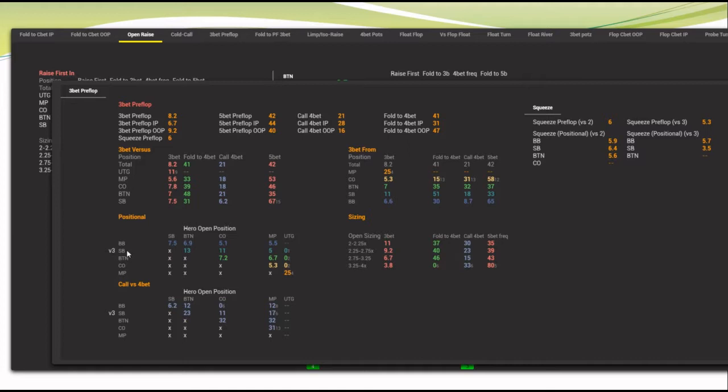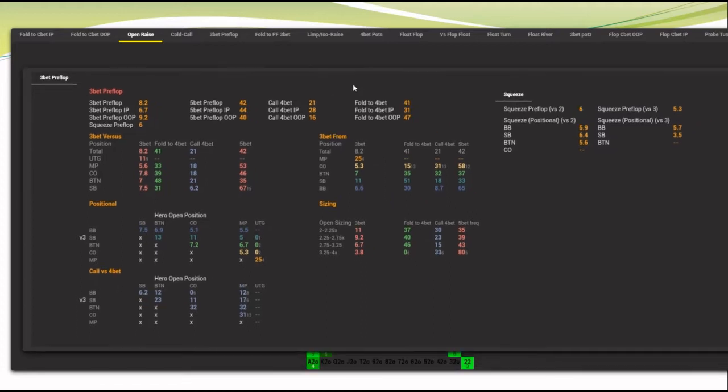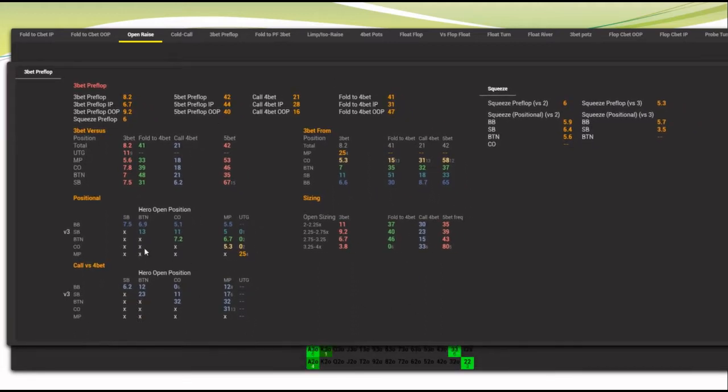So on the left-hand side, we have the 3-bettor's position. So big blind, how often does he 3-bet against small blind? 7.5. Against button, 6.9. Against cutoff, 5.1. If he's in the small blind, 3-bet 13% against the button, 11 against the cutoff. You get the idea. And of course, this being a next generation HUD, all of this is backed up by